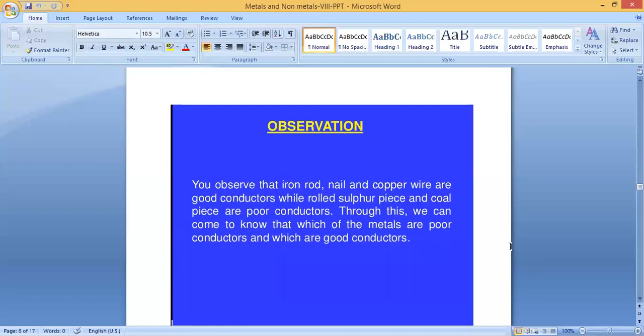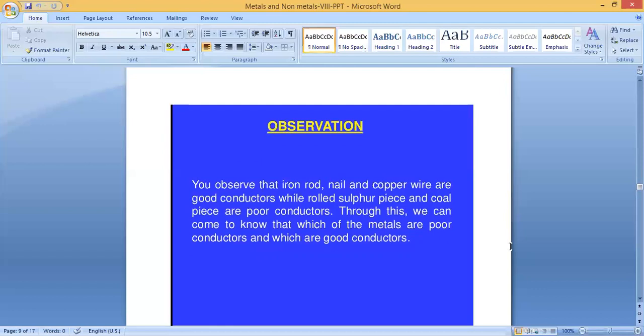Clear? Then, what is the observation? You observe that the iron rod, nail and copper wire are good conductors. Copper wire, you would have seen in the cables through which electricity is passing: the outer part of the cable is rubber, but inside it is copper. Copper, because it is a metal, is a good conductor. So the iron rod, nail and copper wire are good conductors, while